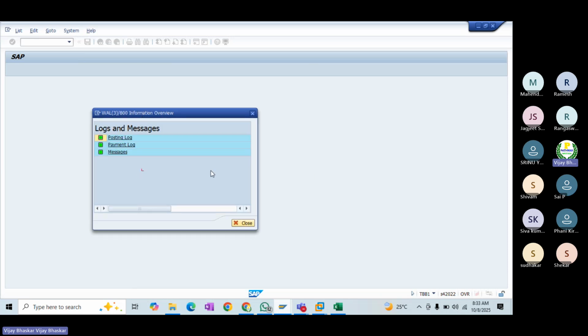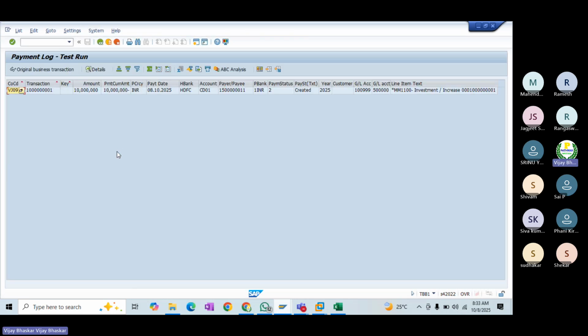Now, as soon as you execute here, the system is giving three logs here. The one which is the middle one is representing that. In general, we are able to see the two logs, that is common. But for outgoing payment, we have configured the payment request. So that is the reason you can see that for outgoing payment, we did the configuration. That is the reason the payment request is going to generate.